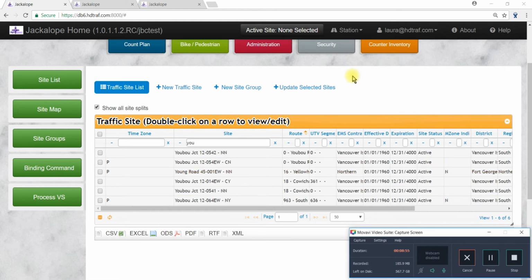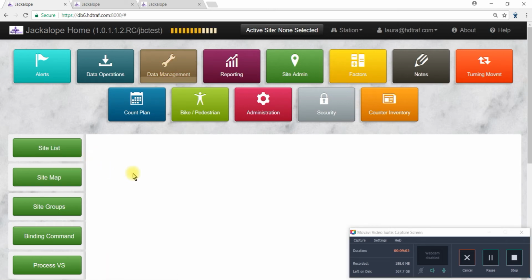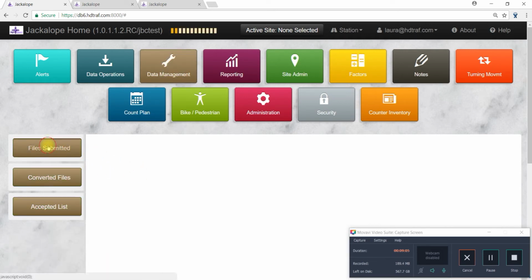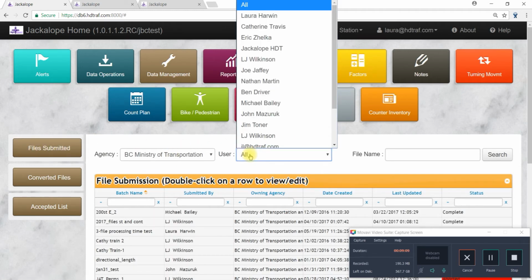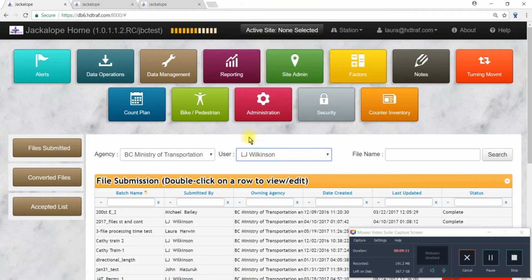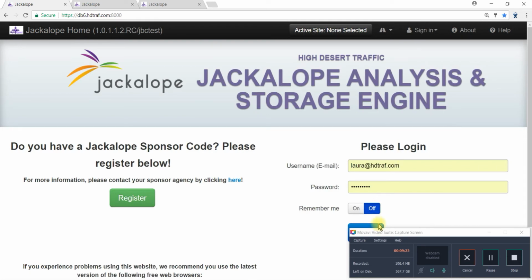As you begin using Jackalope, if you end up setting up your traffic site grid in a particular way, how you like to view operator messages in a specific way, the way you like to view the file submitted grid, let's just say I only want to use the LJ user, so anything that the LJ user has submitted here in the file submission. And these are the type of settings that I typically like to use. I can log out of Jackalope, log back into Jackalope,